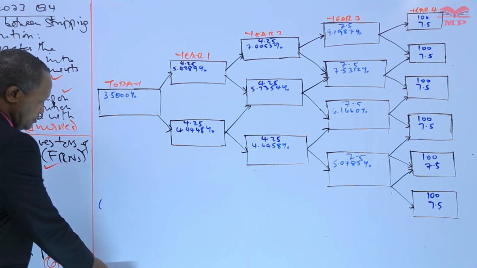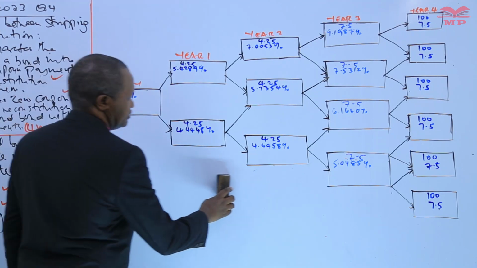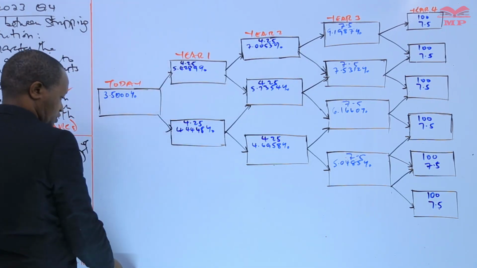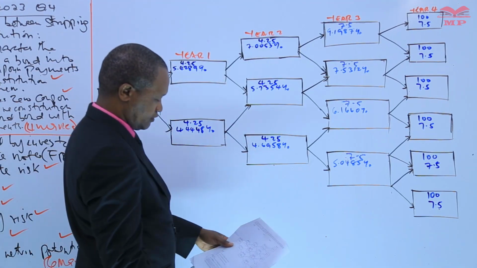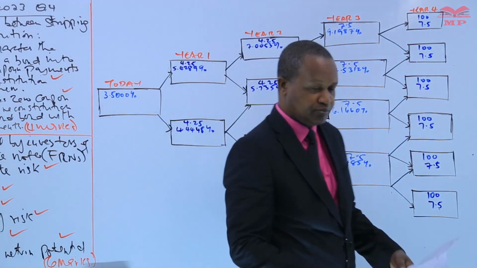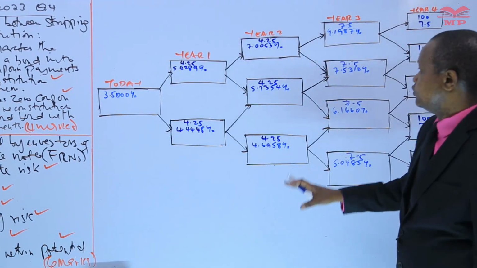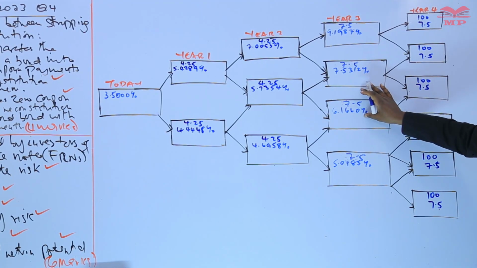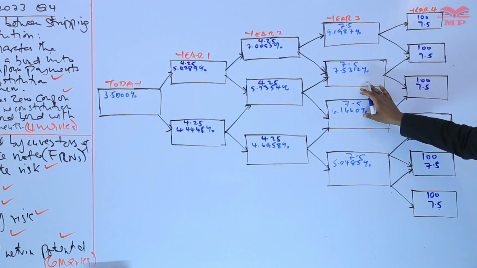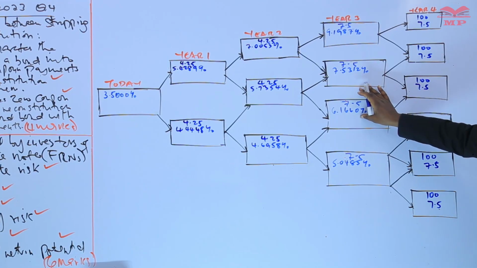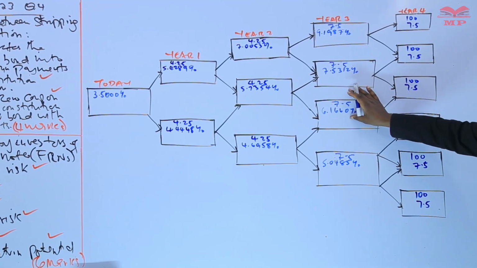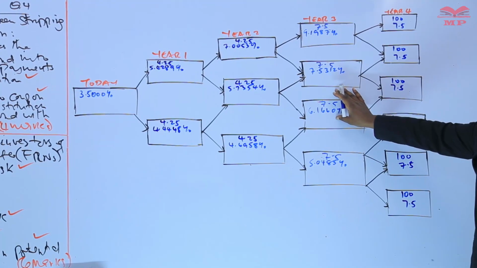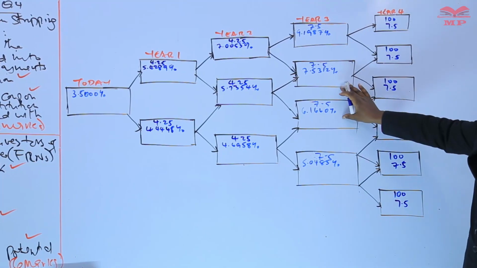You understand? That is the meaning. Now we are going to calculate the value of the step-up option-free bond using this binomial tree. And candidates, a binomial tree in the context of finance is a graphical tool that is used to model the possible price movements of an asset like a bond. It's particularly useful for valuing options,